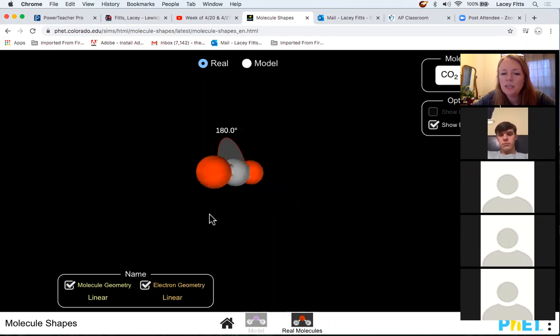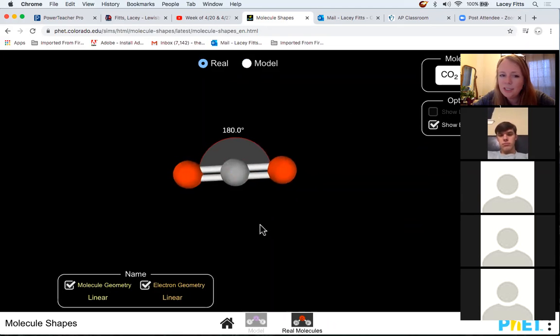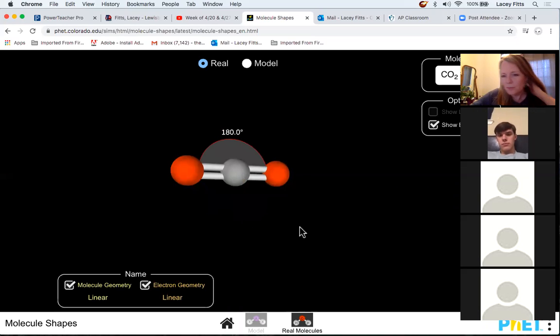So here's our carbon dioxide. What do you notice about carbon dioxide? This is your carbon in the middle, oxygens on the end. You can rotate these in three dimensions. So this molecule is totally linear, and it's got carbon and oxygen double bonded to each other. So work your way through those assignments, and then